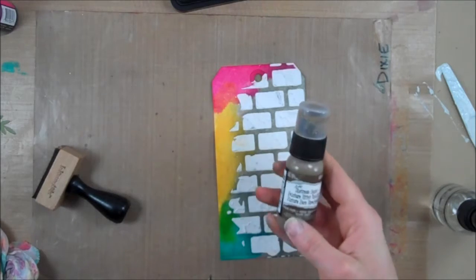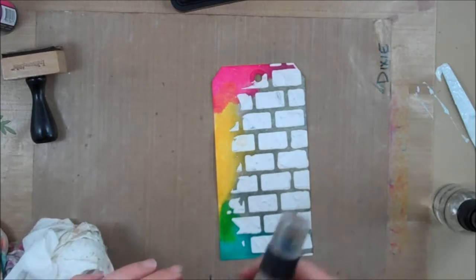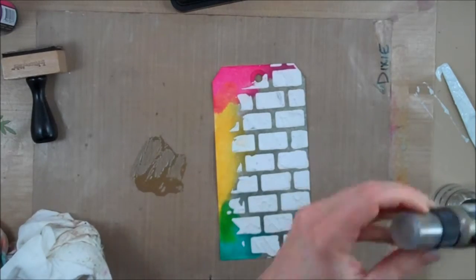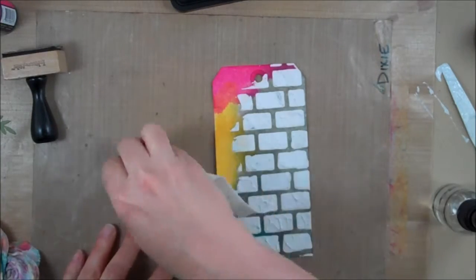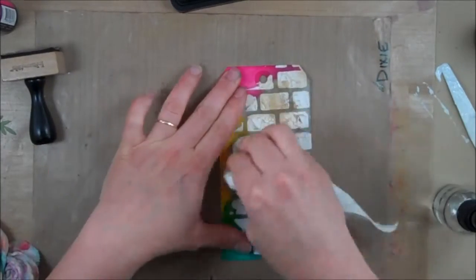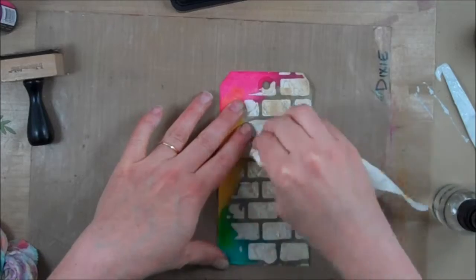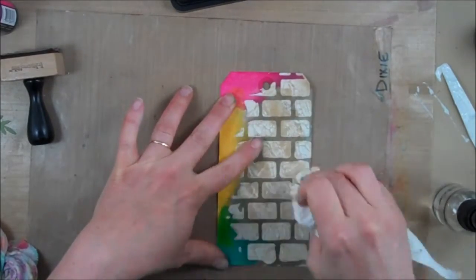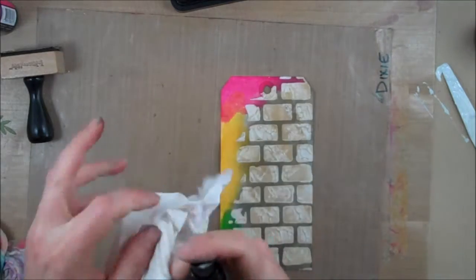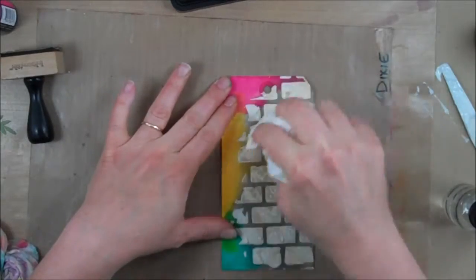Okay, so I'm going to bring in walnut stain distress paint, and I'm just going to put a little bit on. In fact, I'm just going to add it to my mat. Let's see if I can just pick it up here. Don't worry, this isn't all going to stay on there. So what I'm going to do is take a clean side, spray the towel with water, and start to remove